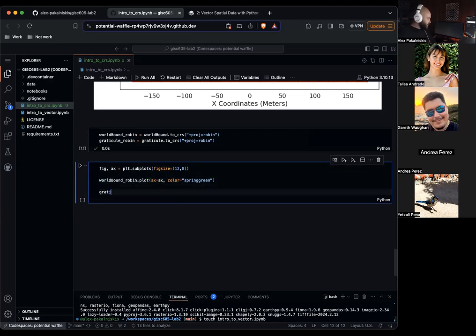Now let's do graticule robin plot, ax equals ax, color equals, let's make it blue.